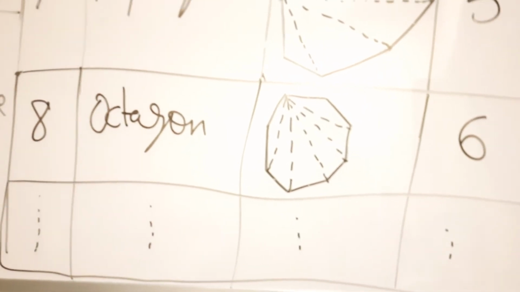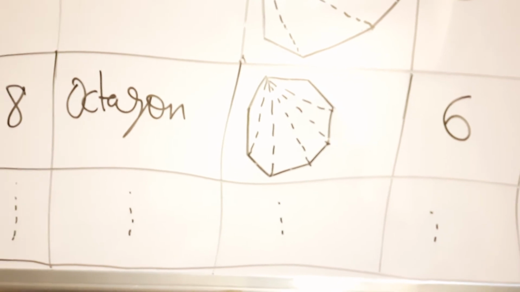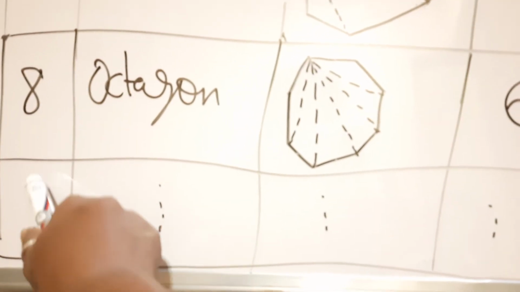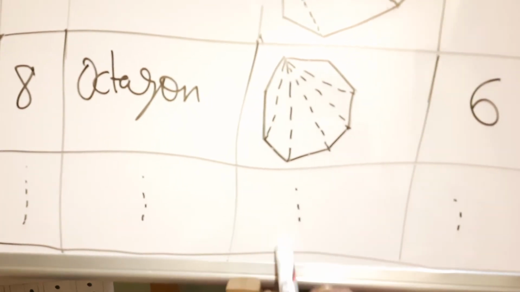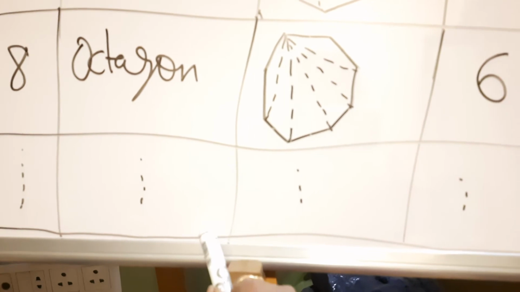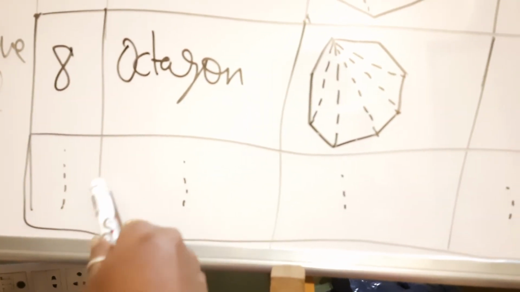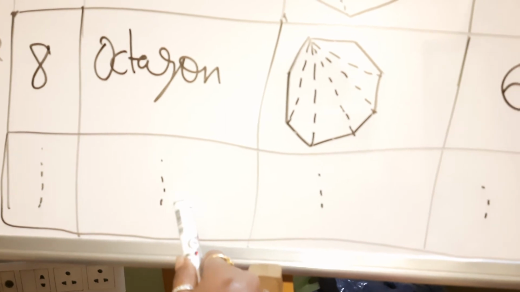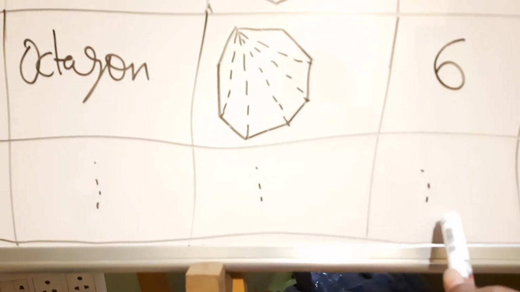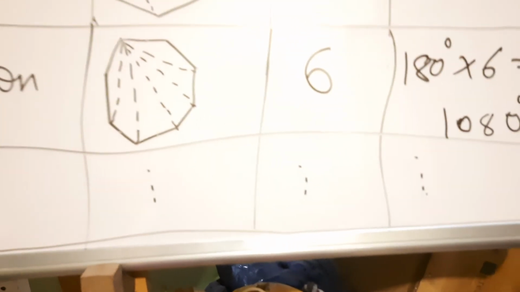Now listen next, children. We will not go on solving till 9, 10, 11 and 12. The dotted line shows you it goes on, so it depends on the number of sides. You can decide the figure. If suppose there are 10 sides, then what will we say? Decagon. So for the figure, you will count the number of triangles and write that number of triangles, and 180 degrees into that number of triangles.